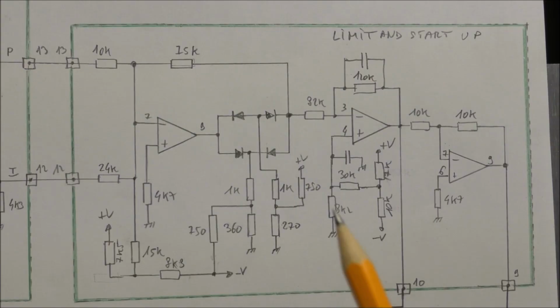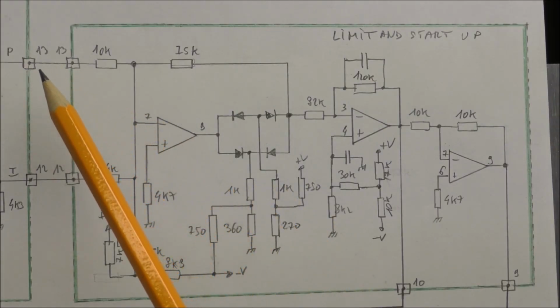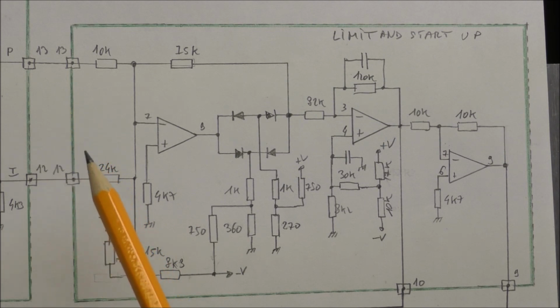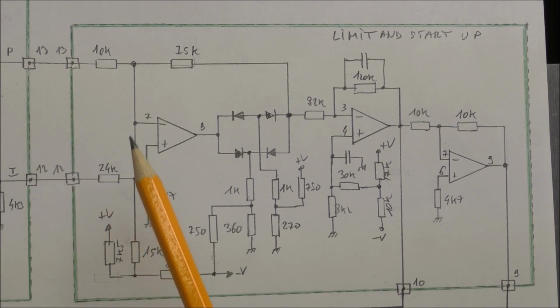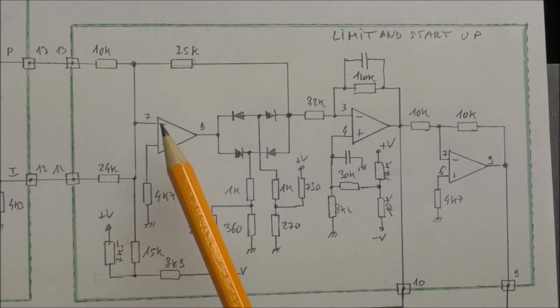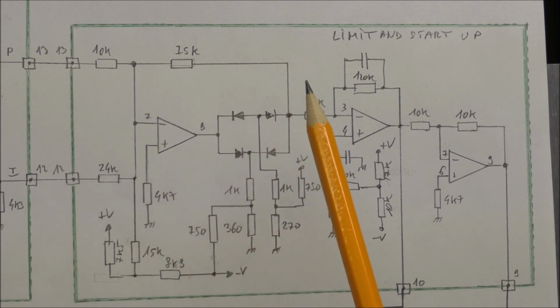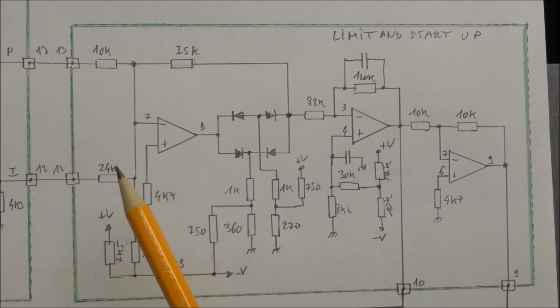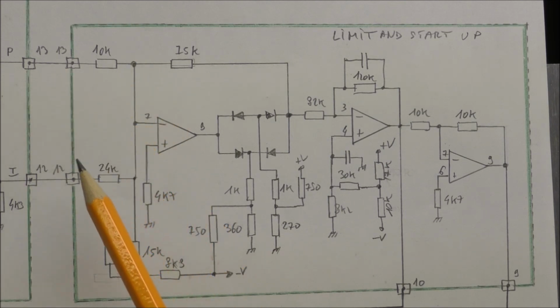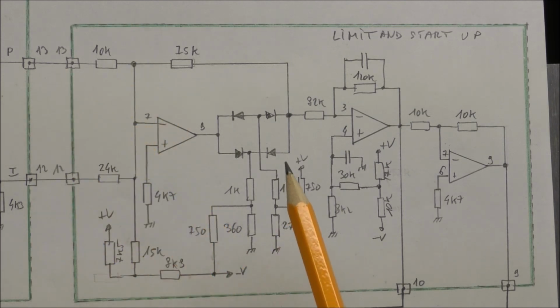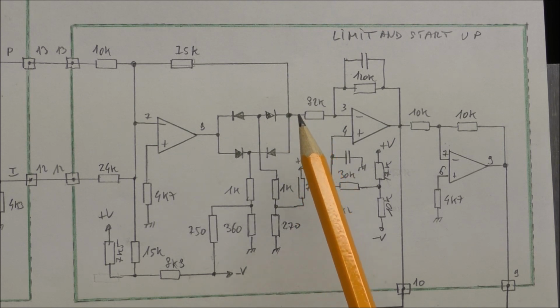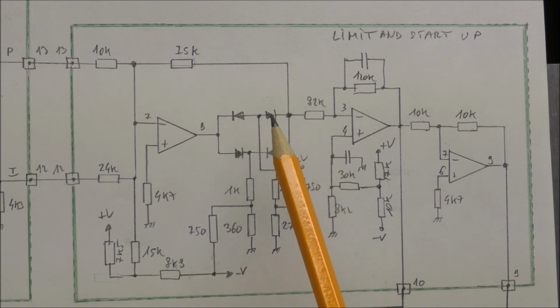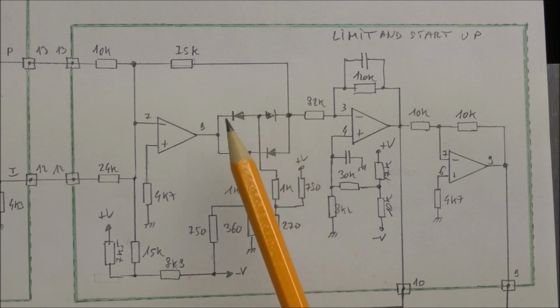We can see on the left that these two signals, proportional and integral, are converted into a current. This is the summing node, which is a virtual ground. So the output of the amplifier is proportional to the sum, with some coefficient, of the proportional and the integral error. And we can see that the voltage at the output is limited on positive and negative using this diodes